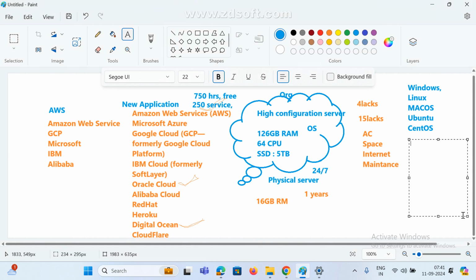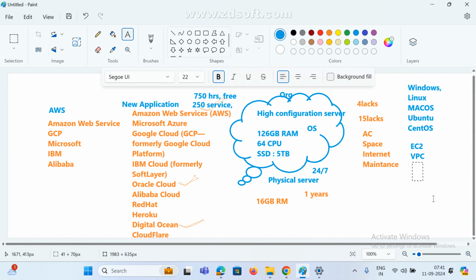EC2 is one service, and also EBS, and VPC. What is VPC? This is mandatory. Virtual Private Cloud, VPC: where you want it, what the IP range is. These are mandatory, guys. If you join any organization, slowly we can understand. Anyway, if you learn here, this is very simple. If you join any organization, they use these names only: EC2, VPC, and so on.